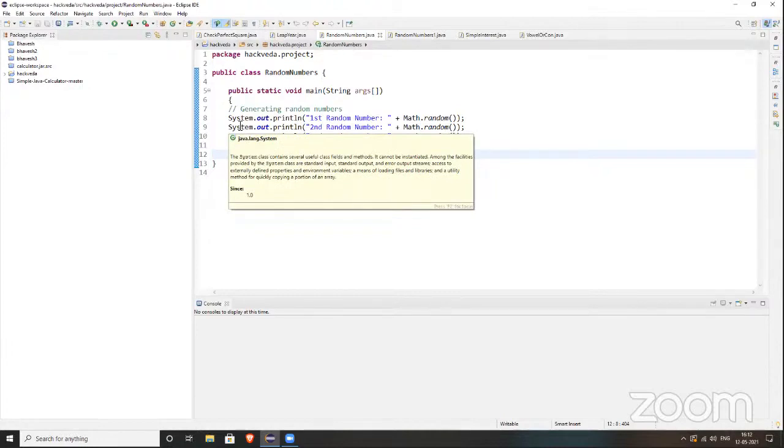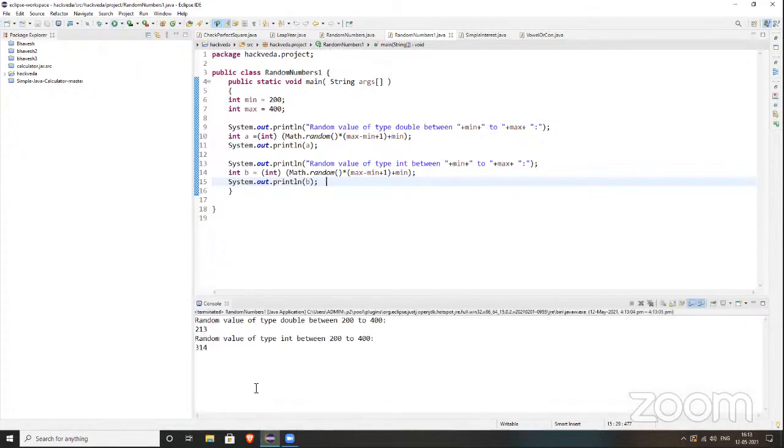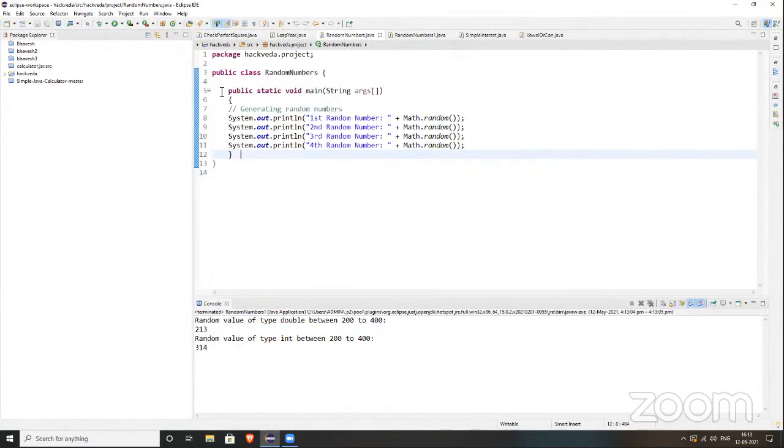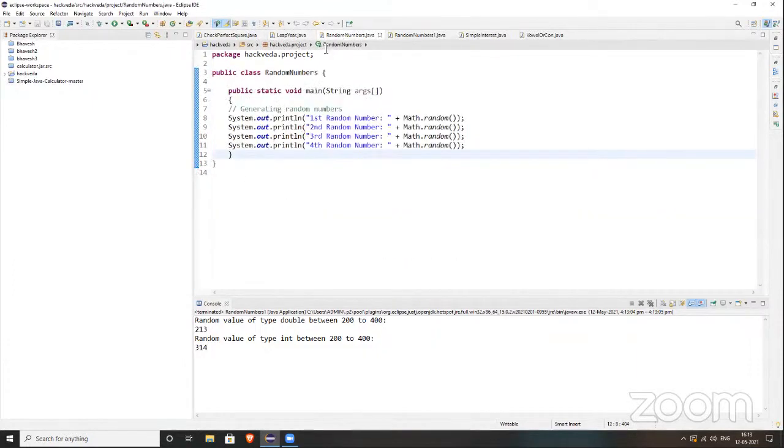Just show me the other program. Let's see, maybe this one. So if you don't include that math library, then also it is giving the results. Yes, because I have added it in the same package in another class, right? So when you import that in the another class of the same package, then it will work. Okay, but I did not do that beforehand either. So why is it showing in my computer?